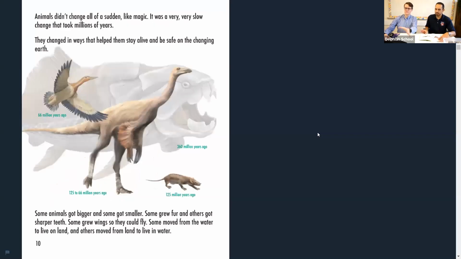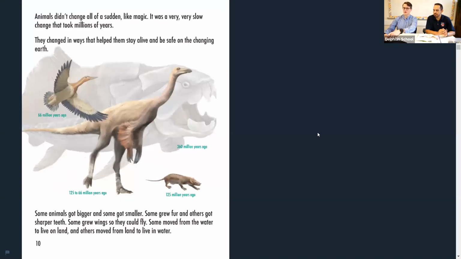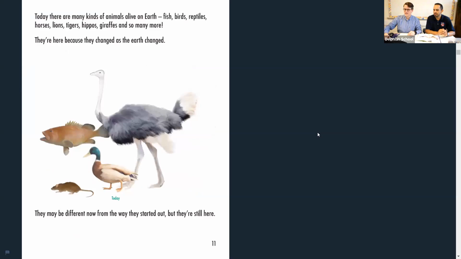Now, these two pages, I'm going to toggle back and forth here so we can see the difference. If you look at the duck on the top left of that page there, and then we look at the duck that we see down there today, that's a duck that we all recognize. That large bird in the middle kind of looks like an ostrich or an emu or something like that. You can see it still has arms reaching out, longer arms. And there's our ostrich of today. The arms have tucked in as wings because they're not flying.